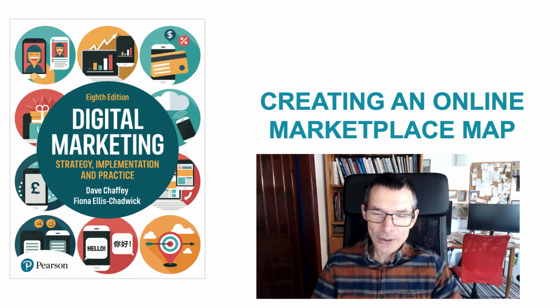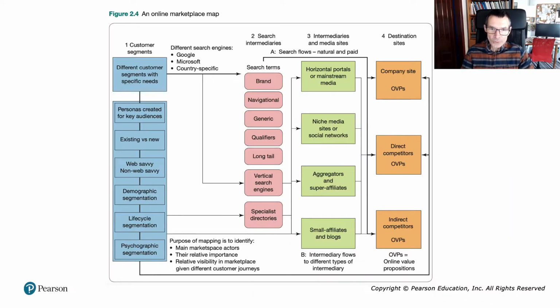So let's take a look at the layout. This is from chapter 2 in the book, where we're focused on situation analysis, and we'll take the example of a laser eye treatment company. So quite a high involvement purchase, quite expensive as well, so quite an involved buying process, which is why I chose that example. As we work from left to right here, what a laser eye treatment brand would want to do is to develop personas which cover a range of behaviours and profiles,